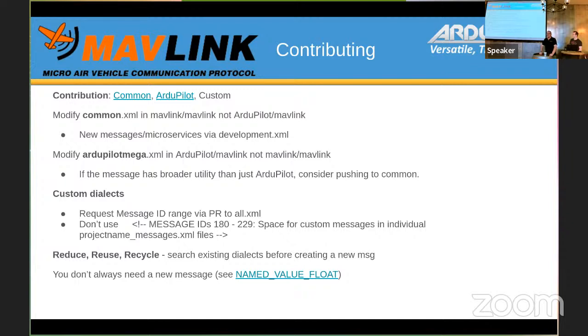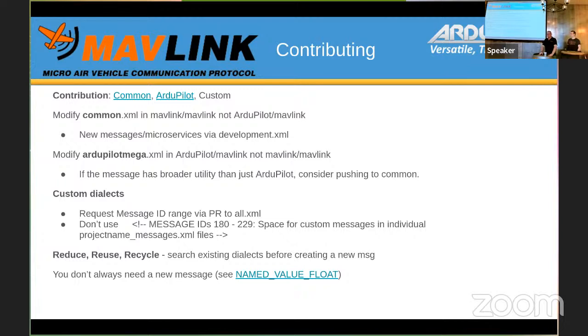The other thing, and this is something that Lua scripting has made much more accessible for people, is that if your use case for a new message is relatively simple, like you're just sending down a key value pair, NAMED_VALUE_FLOAT through Lua is an incredibly simple and powerful way to get data from the ArduPilot to a consumer of it, be that the ground station or a companion computer.